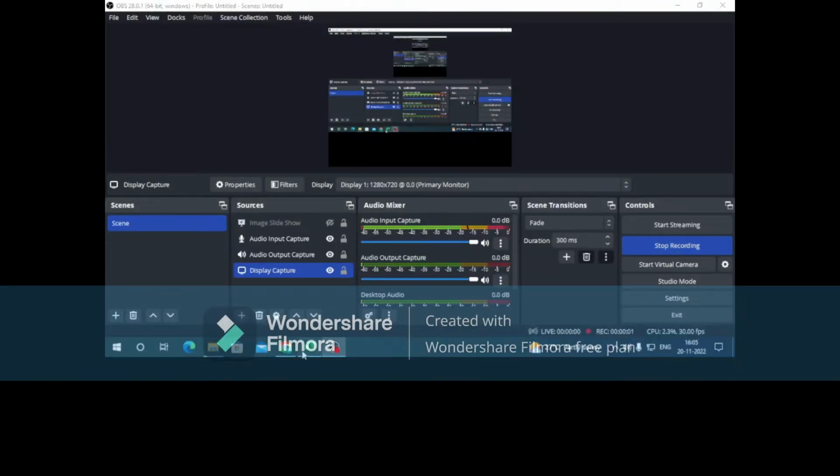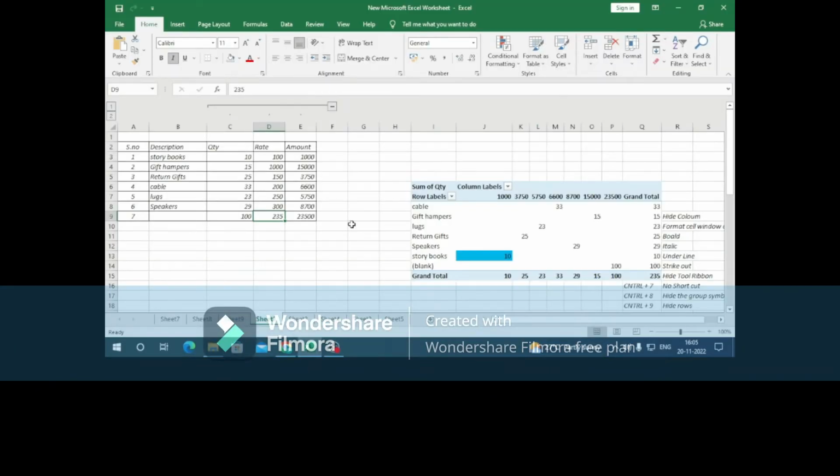Hi everyone, today we are going to learn how to use a specific color code in Excel. A specific color code means, if you are working with some organizations like